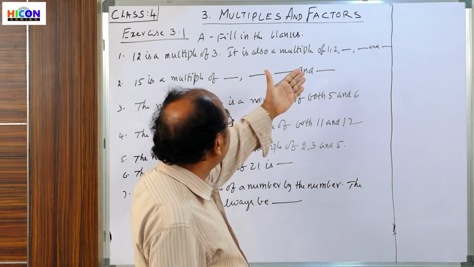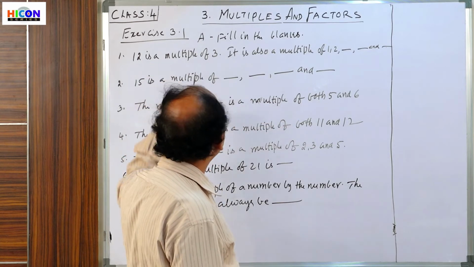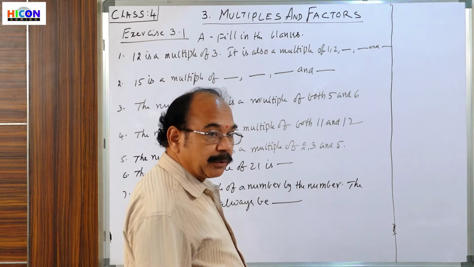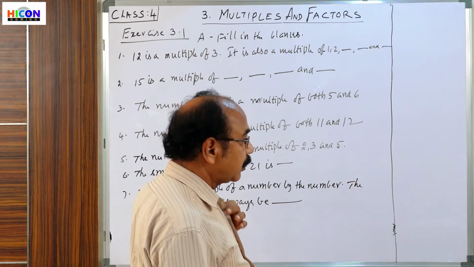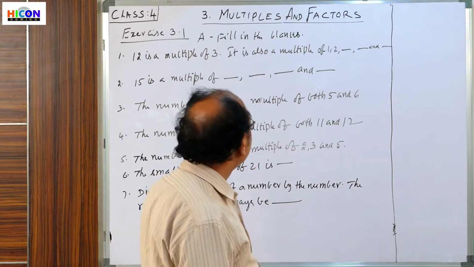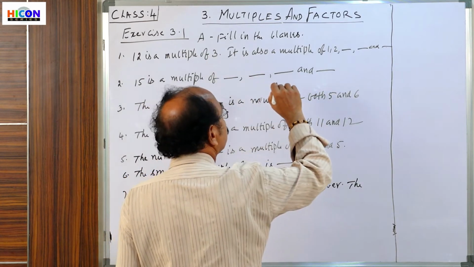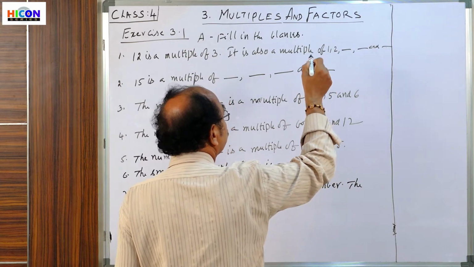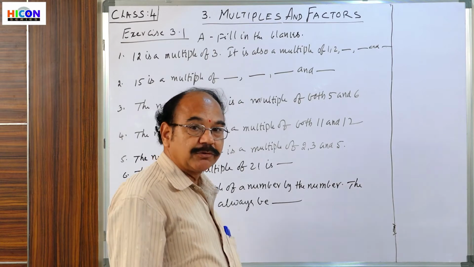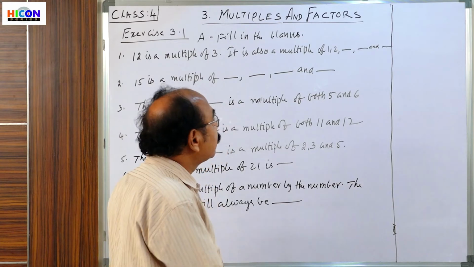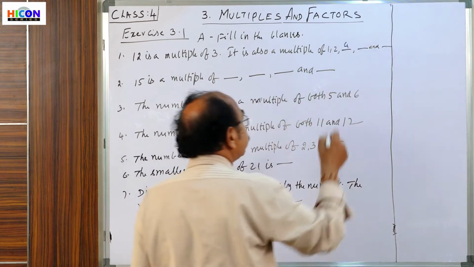In reading the multiplication table of 1 you are getting 12. Read the multiplication table of 2, in that also you can get 12. Okay, and the 3 table, already we have talked about 3. Next, read the 4 table. 4 ones are 4, 4 twos are 8, 4 threes are 12. So 12 is a multiple of 4 also.